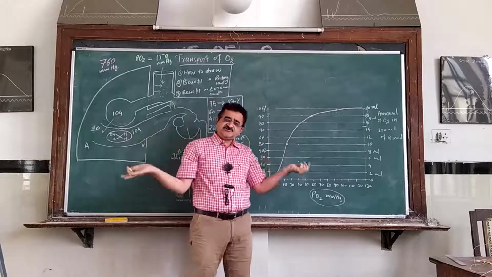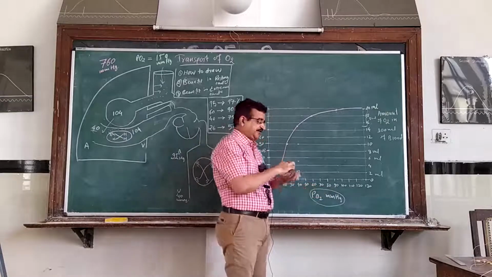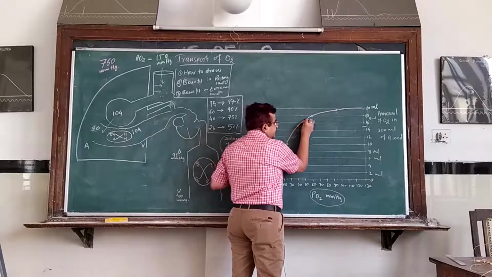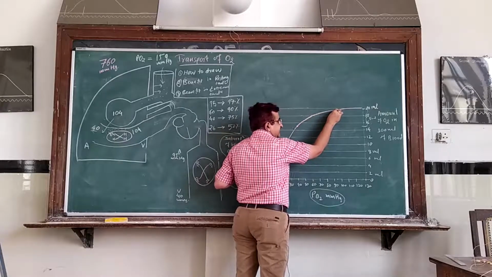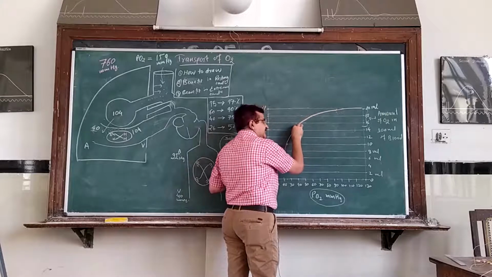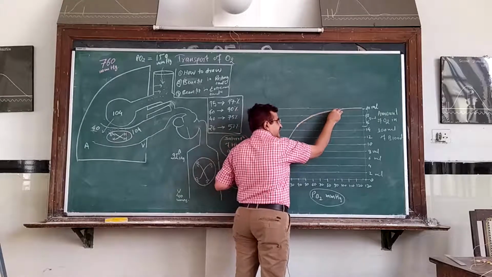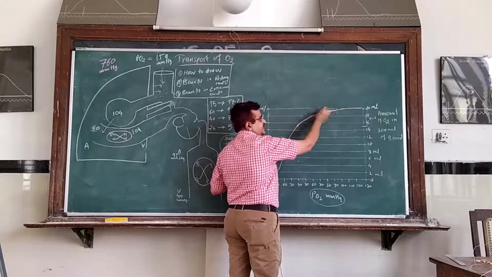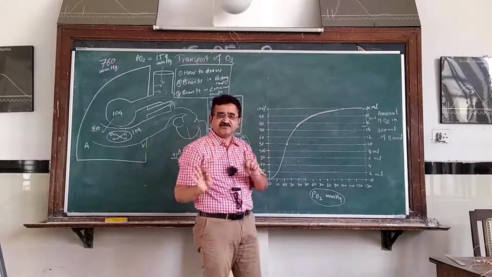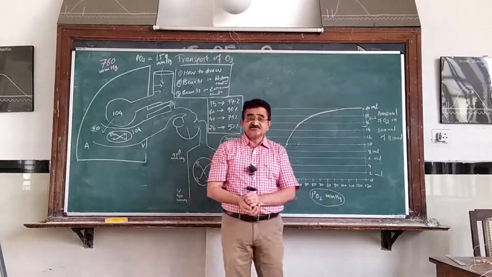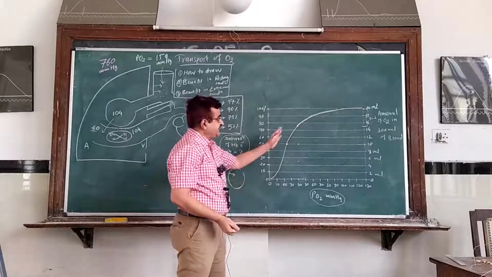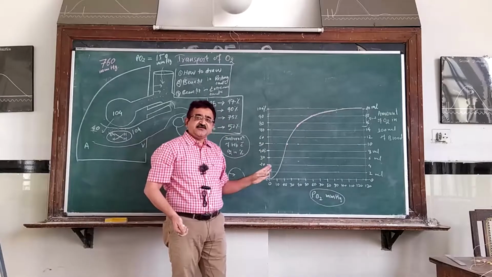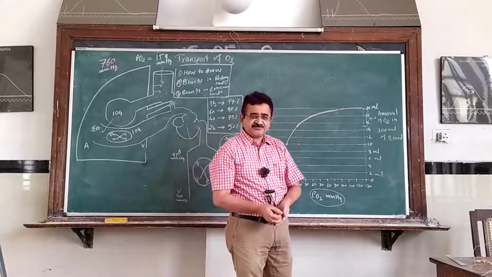Okay. So, since you are in the resting state, what is happening is that from the tissue level, blood is going to the lung, getting oxygenated, and again coming back to the tissue, getting deoxygenated, again going to the lung, getting oxygenated, and this is how it continues. This part of the curve is continuing in your body right now when you are in the resting state. Now the question does arise, sir, if that is the only thing that is required, then why do we have this steep part? This steep part has its own benefit.